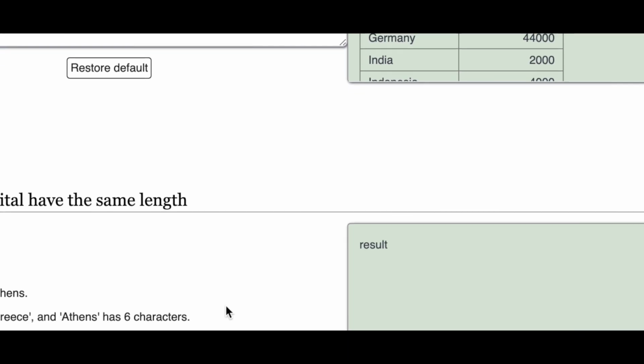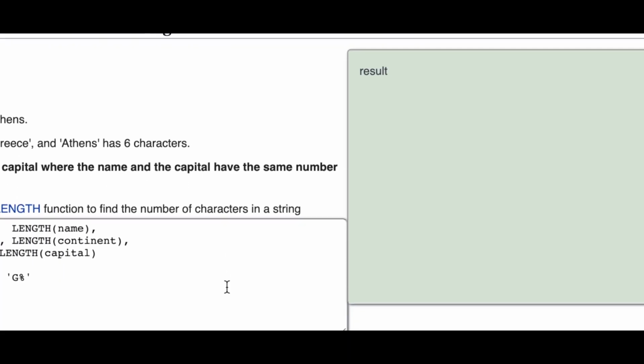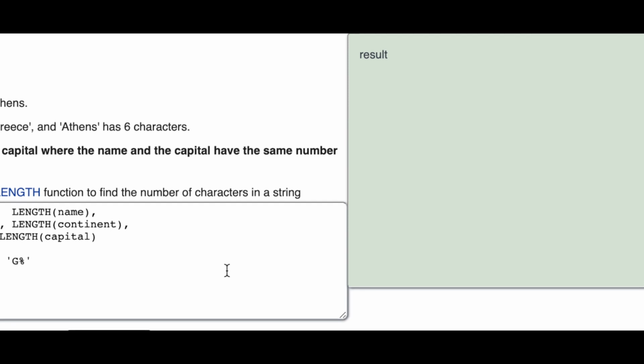Let's go to the next. Now we are using the length function and we need to find, let's see, name and capital that have the same length. Greece and Athens both are 6 characters. Show the name and capital where the name and capital have the same number of characters. We don't have to find the continent. We just have to show the name and capital